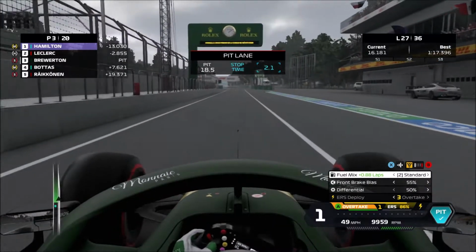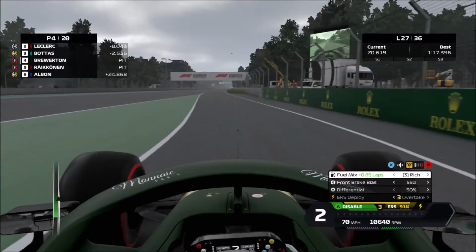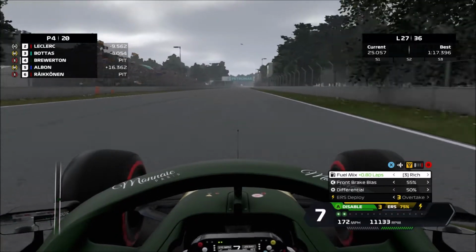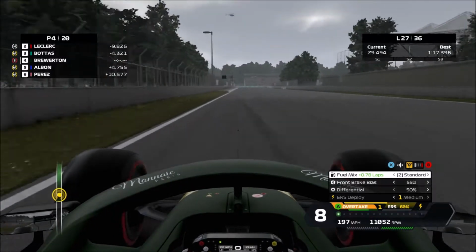Leclerc's already gone through. Bottas has gone through as well with a huge undercut of like 6 or 7 laps. So we're down to 4th again, but this would still be the best result of the season. And Raikkonen is in the pits as well, so Albon is going to be the car behind. And the gap is 11 seconds. It's actually coming down 6 seconds when you get up to speed,